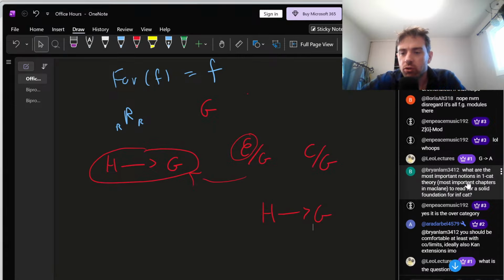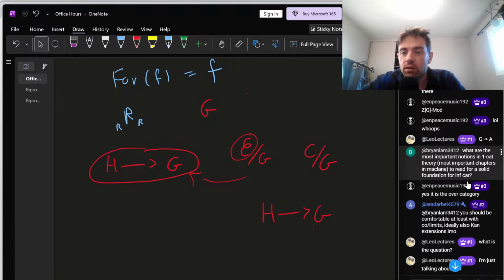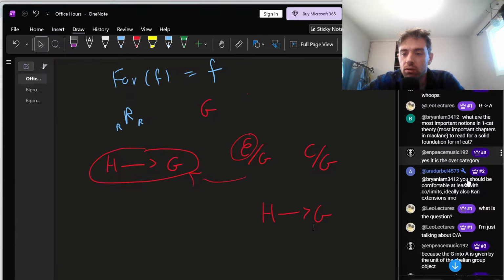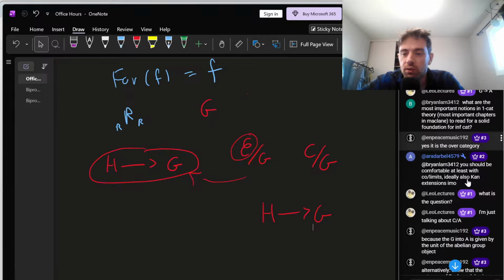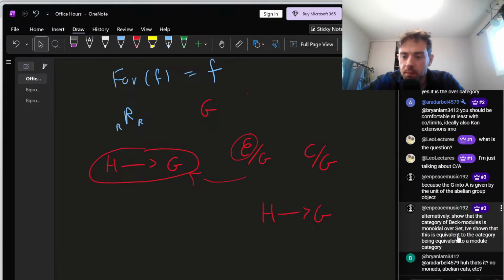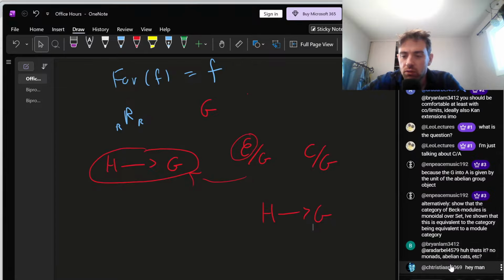What are the most important notions in one-category theory to read for a solid foundation in infinity categories? Limits and colimits and Kan extensions. No, you don't need... I mean, maybe monads could be cool, but you definitely don't need abelian categories. I mean, just go look at